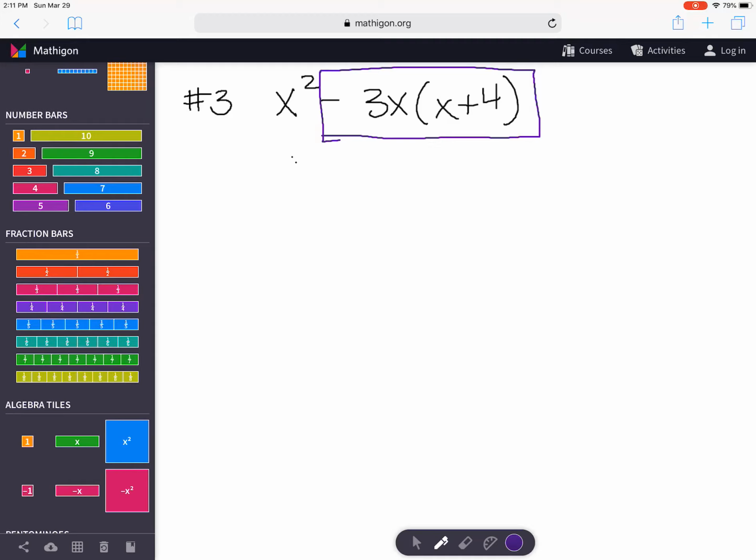So the first thing I'm going to do is grab 3 negative algebra tiles here. This will represent my 3x. Now I can represent my x plus 4 as a positive x algebra tile there, and then 4 pluses. So 1, 2, 3,